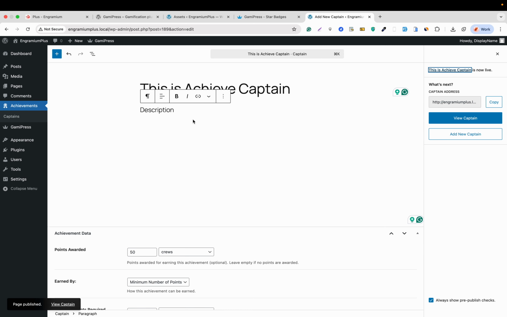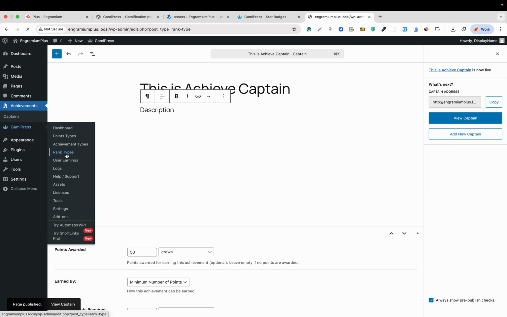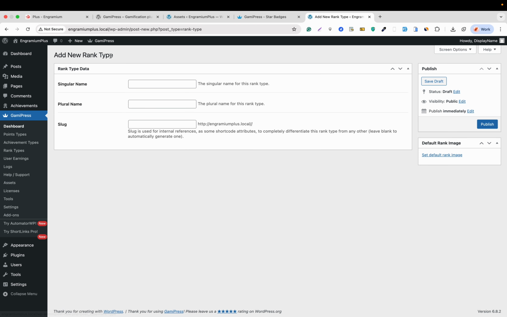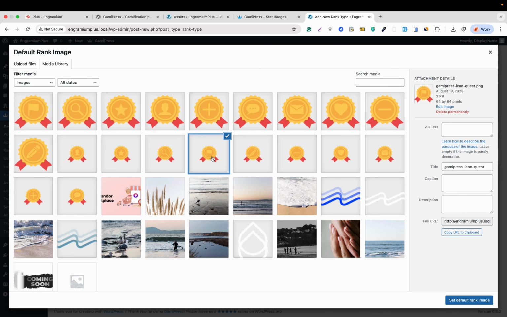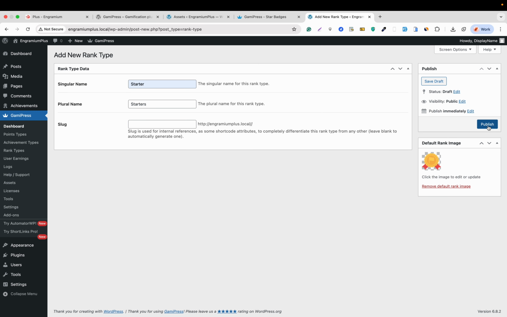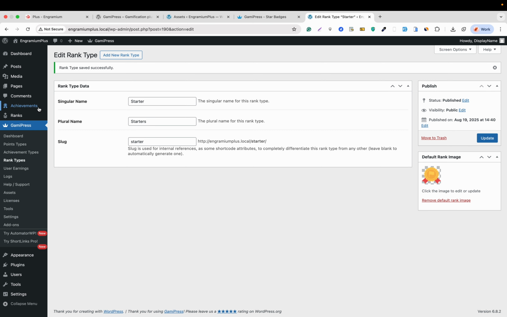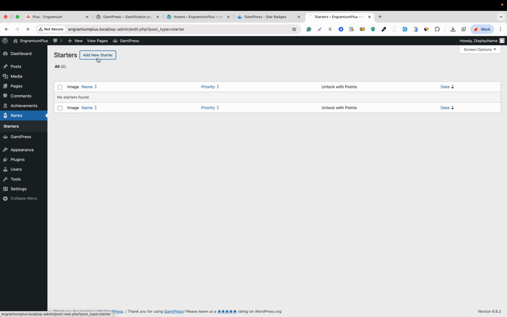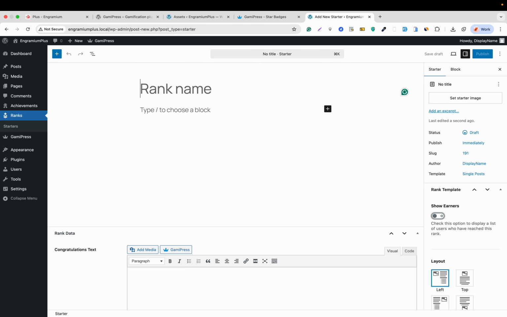Let's click on publish. After that we will see the rank types. For example, let's create a rank type to starter, role name of starters, and slug will be added automatically. Let's configure the image and hit publish. Just like the achievement, when we create the rank types, the ranks admin menu will be added as well. And if we go to the starters, we will be able to click new starter